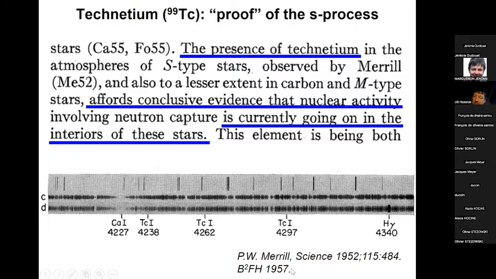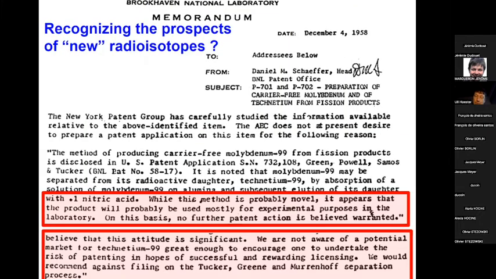Now, about at the same time, there was a team at Brookhaven National Lab who had invented such a molybdenum technetium generator. So you see, if it's written by chemists, that it's slightly sloppy. They forgot about the m here. But this letter actually was not even written by chemists. That was written by lawyers in the BNL patent office